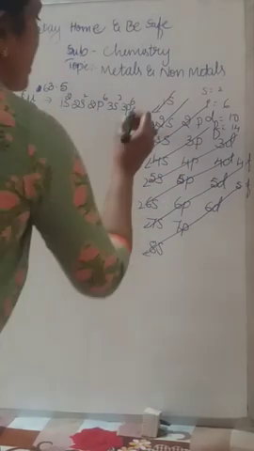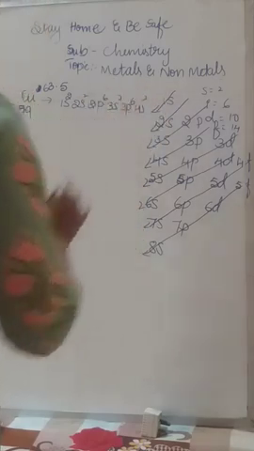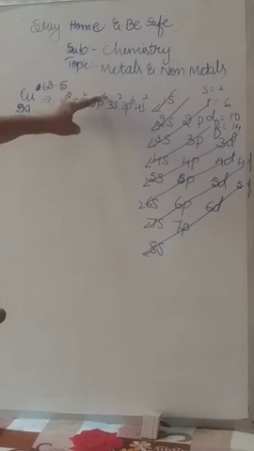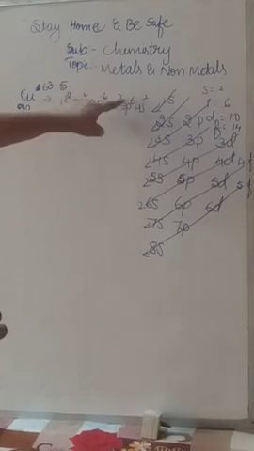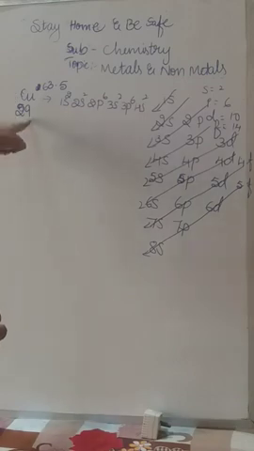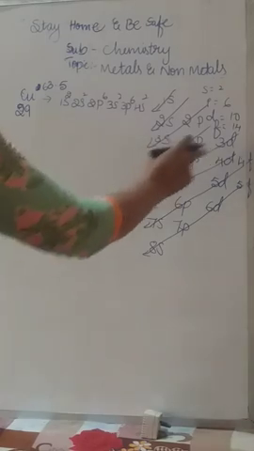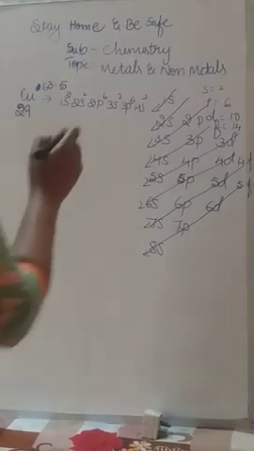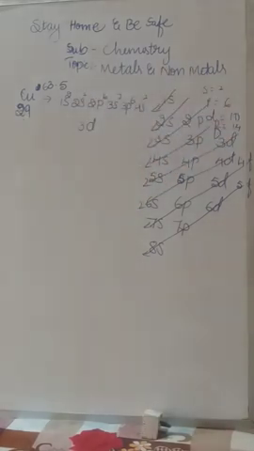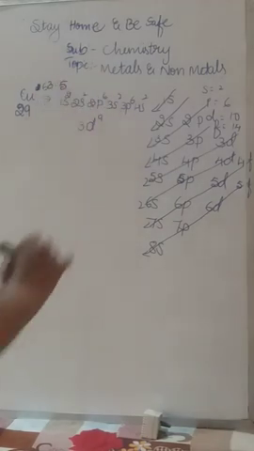The slanting arrow mark comes in the same way. After 3p comes 4s, that is 4s2. So count the electrons first: 2 plus 2 is 4, 4 plus 6 is 10, 10 plus 2 is 12, 12 plus 6 is 18, 18 plus 2 is 20. So 9 are still balance, because the atomic number of copper is 29, we still have to write 9. After 4s, we go to 3d. The maximum electrons in a d orbital is 10, but we require only 9, so you have to write 3d9.